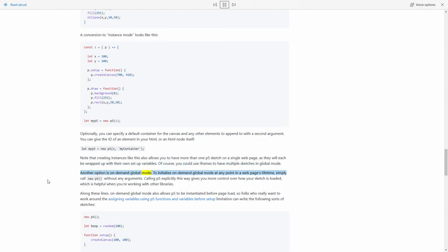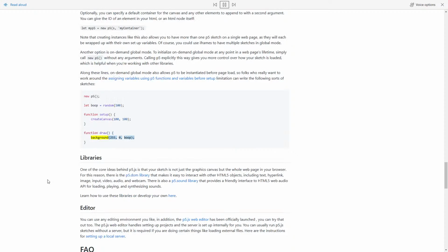Another option is on-demand global mode. To initialize on-demand global mode at any point in a web page's lifetime, simply call new p5() without any arguments. Calling p5 explicitly this way gives you more control over how your sketch is loaded, which is helpful when you're working with other libraries. Along these lines, on-demand global mode also allows p5 to be instantiated before page load, so folks who really want to work around the limitation on assigning variables using p5 functions and variables before setup can write the following sorts of sketches. new p5(); let boop = random(100); function setup() { createCanvas(100, 100); } function draw() { background(255, 0, boop); }